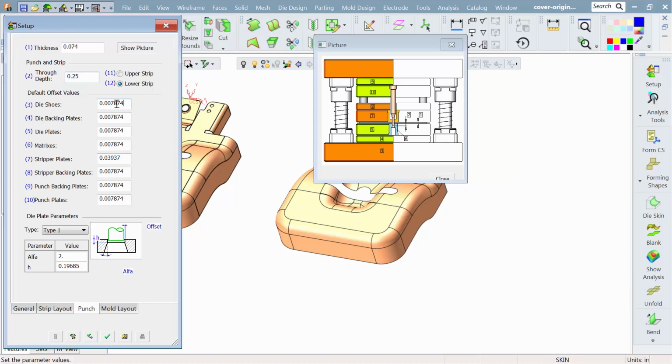Now, seeing that diagram, we're setting the distance that the punch will travel through the steel on shaping it and cutting it. And then we're setting up the clearance now for each of those components that you see on that diagram. Some of these are going to be a simple slug drop like going through a shoe. Others we're going to do a shear, so we'll put in the 10-12% you would expect. Others like the die backing plate, we're not going to have a hole. The punch holder plate, that's going to just basically be the retainer, so we'll put in what our slip fit